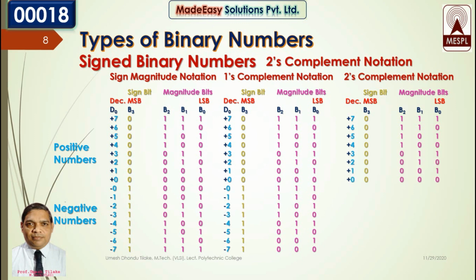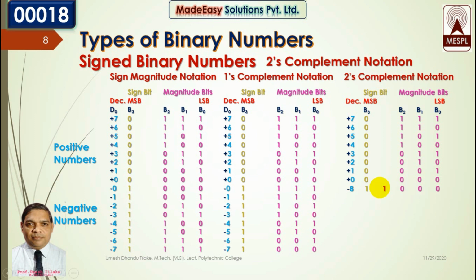Now for negative numbers, we take 2's complement. Now we already know how to find 2's complement of a number. First we find 1's complement of the number and then we add 1 into the LSB to get the 2's complement of that number. So to represent minus 0, we will first find 1's complement. Here we have already found it and then we will add 1 into it. So we will get 1000. That means carry will be generated from B2, which is not added to B3 because B3 is not a magnitude bit. B3 is a sign bit. So we will have 5 bits over here: B3, then the carry generated from B2, then B2, B1, B0 and it is minus 8.